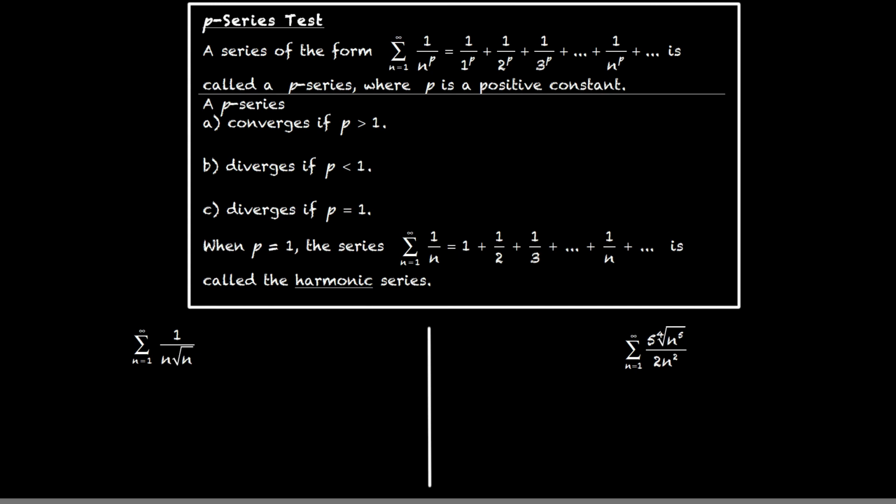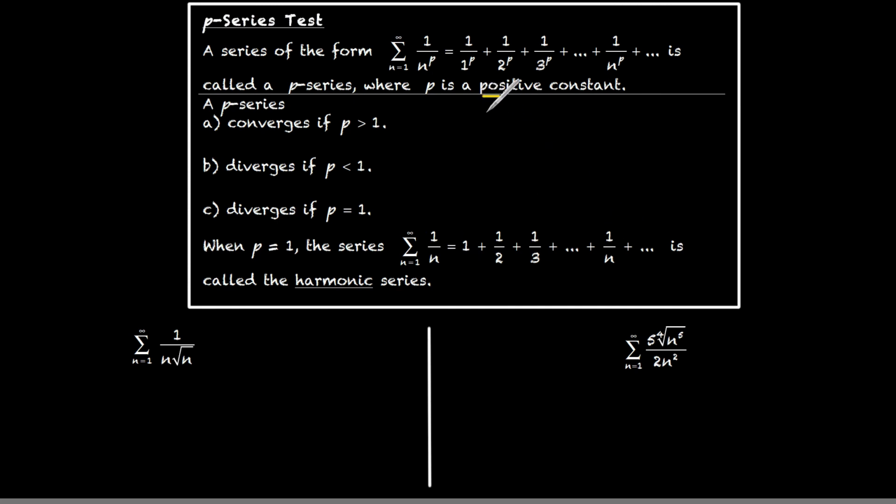The last test that we're going to learn today in this video is called the P Series test. And this is probably one of the easiest, if not the easiest, tests to use to prove whether a series is convergent or divergent. The P Series test basically says that if you have some summation from n equals 1 to infinity of 1 over some variable, we'll just use n, to the p,